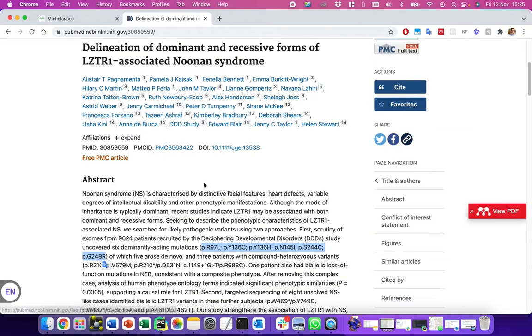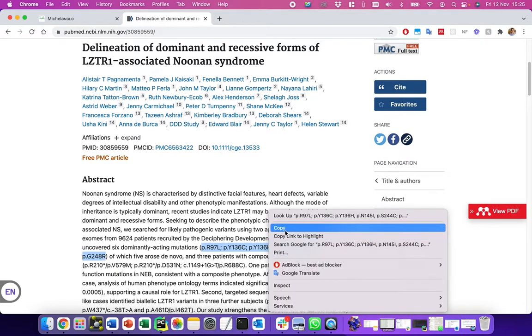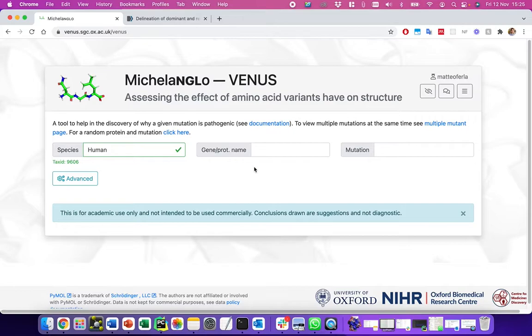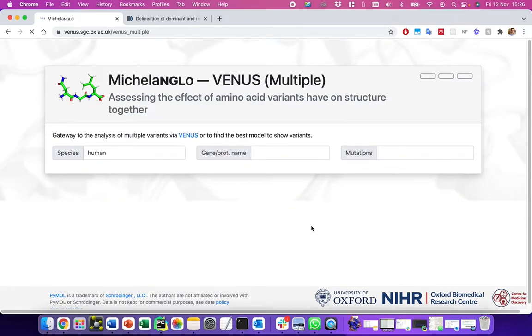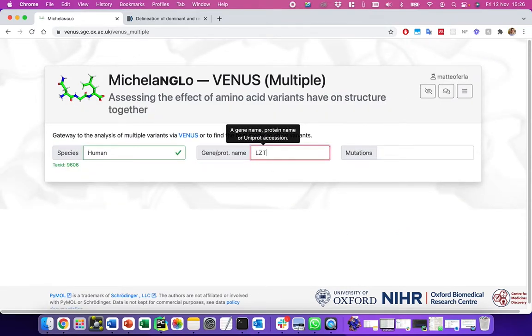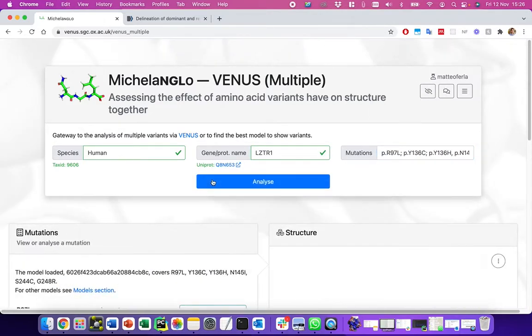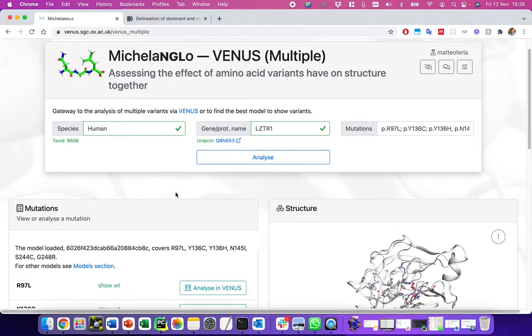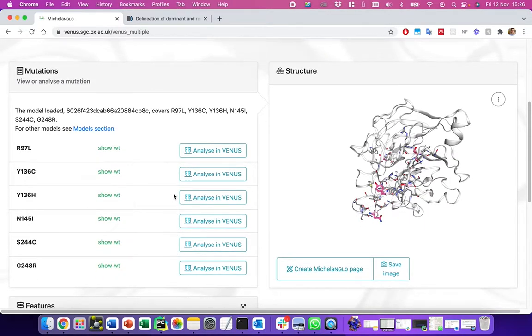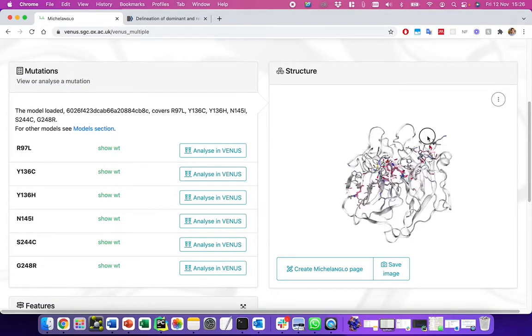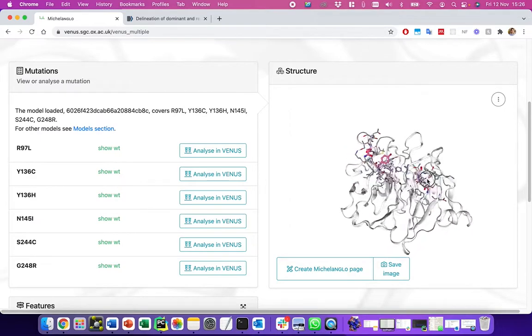So, in Pagnmenta et al., there's a list of variants, so let's copy these. And now, Venus only analyzes one mutation at a time. So if we click on the multiple mutant page, we can get an overview of where these mutations may be. Hopefully there's no "and" over that. No, there wasn't. Fantastic. So over here we've seen that a model has been generated from AlphaFold, and